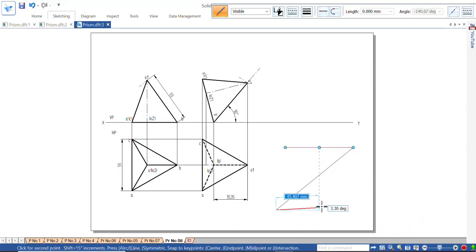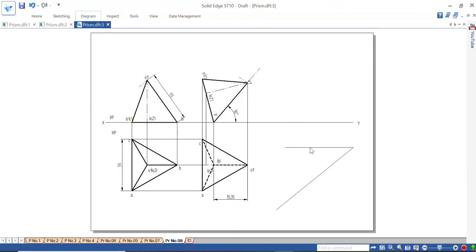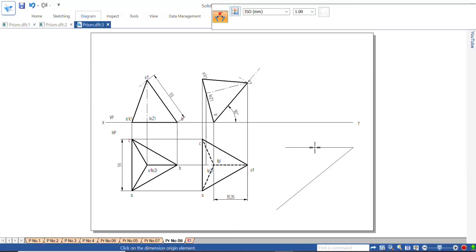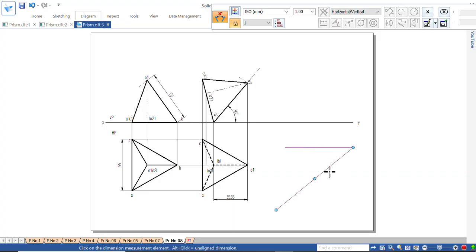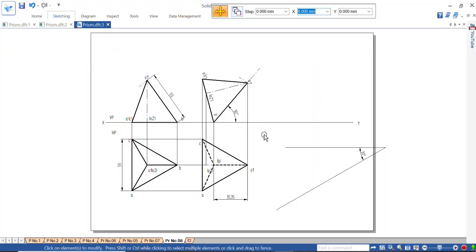Draw it and go to dimension. The angle between this horizontal line and this line is 30. You type it, and next, if it is lengthy and crossed outside, use the move command to move this